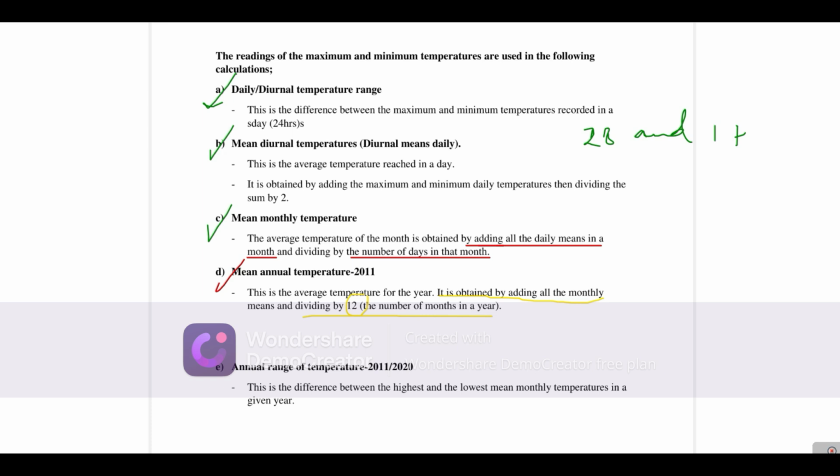Anywhere you meet range, that means you're going to subtract between the maximum or the highest and the lowest. So you get the difference between those two values, and then you'll be able to get the range. Okay, so let's now move to